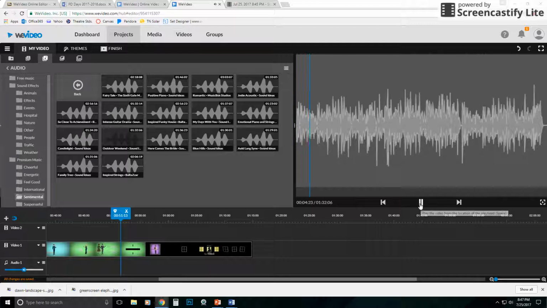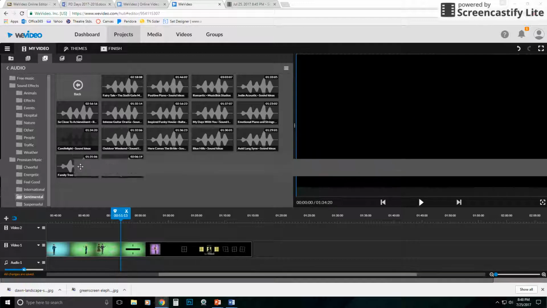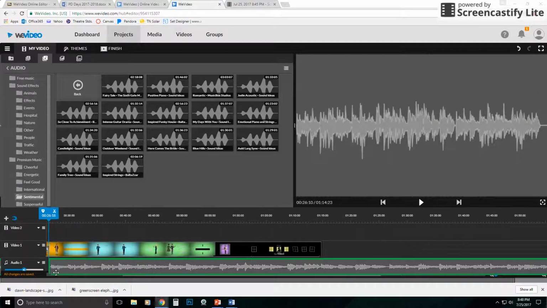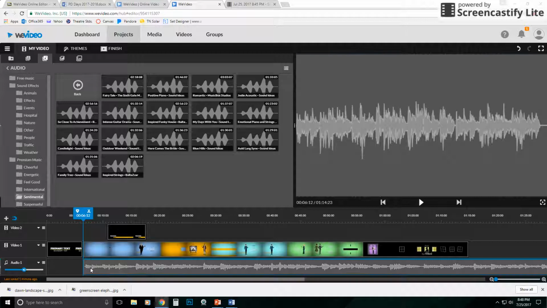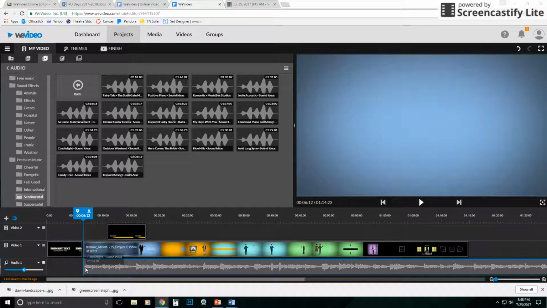In order to add your music, you're going to need to drag the music down to the audio track. Okay, so let's try Candlelight. I'm just going to drag it down here to the audio track. You want to be careful where you drop it, to make sure you're having it start where you want. If you misplace it, you can always drag it over to where you want, but it's usually more helpful to just do it at the start. So what I've done here is I've dropped my music down here. If I click play,